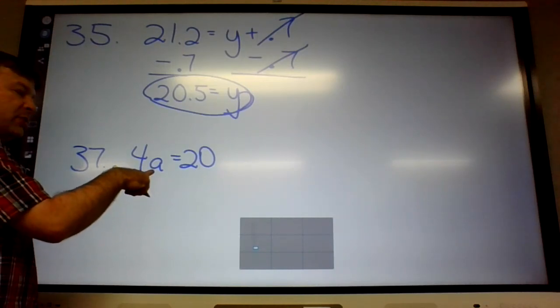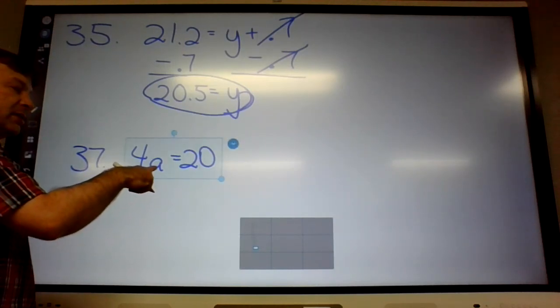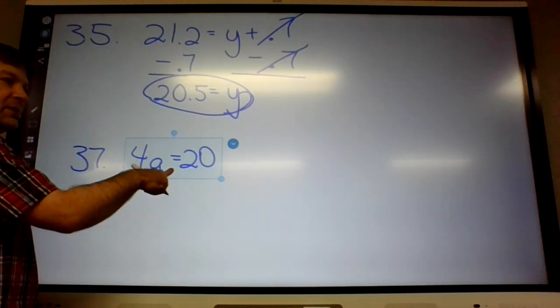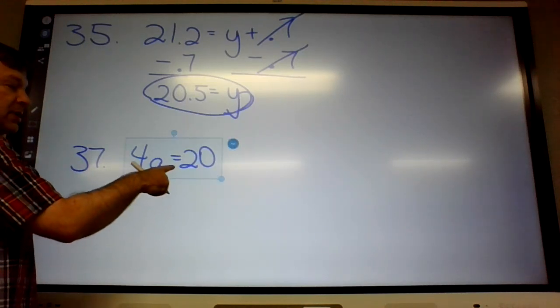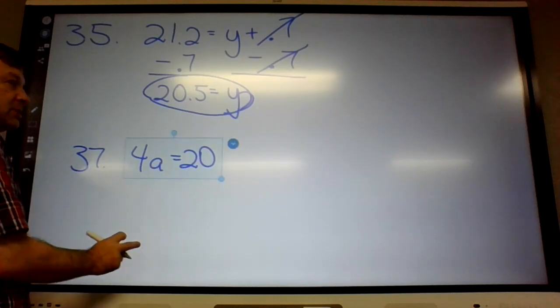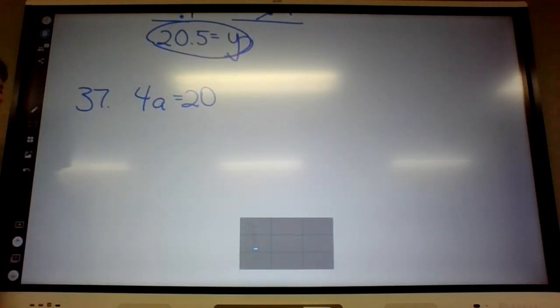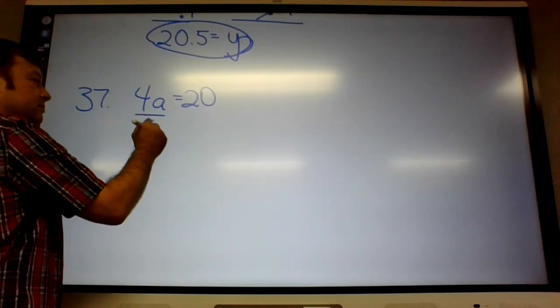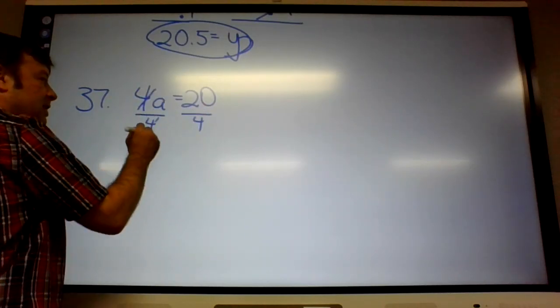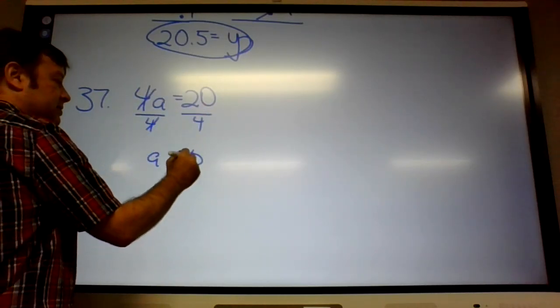When it said a number, you just put a letter in there. Is means equals. So 4 times a number is 20. All right, Leighton, what would the step to solve be? You divide 4 on both sides. So A is